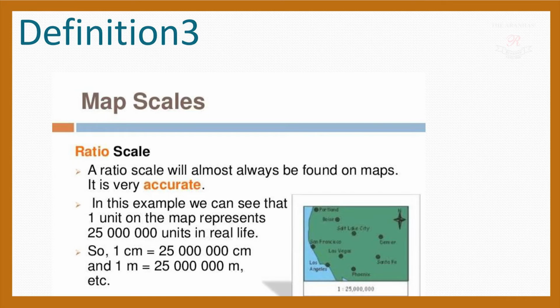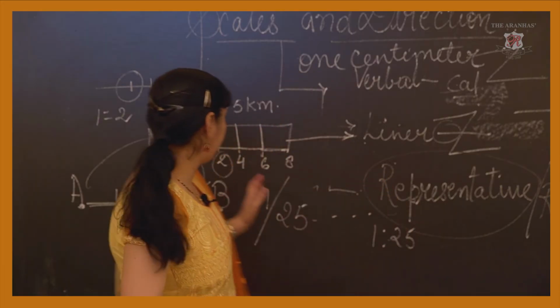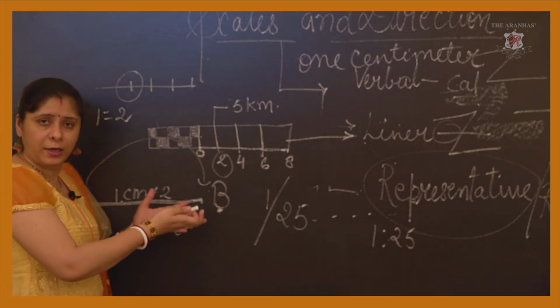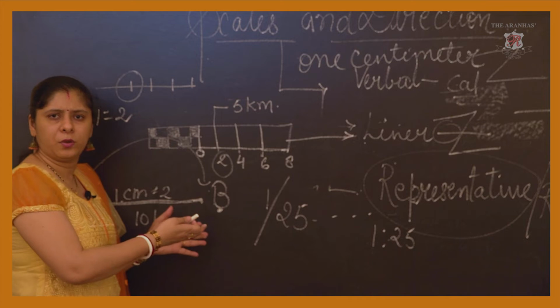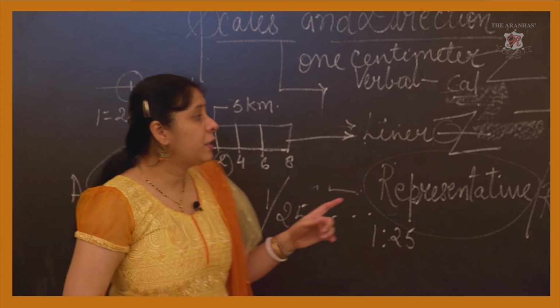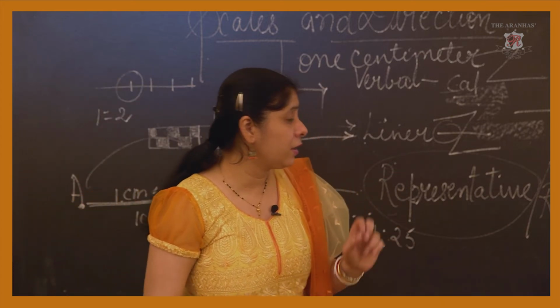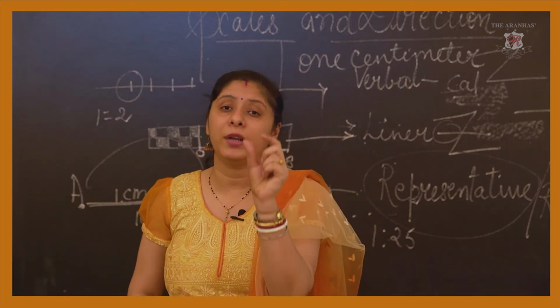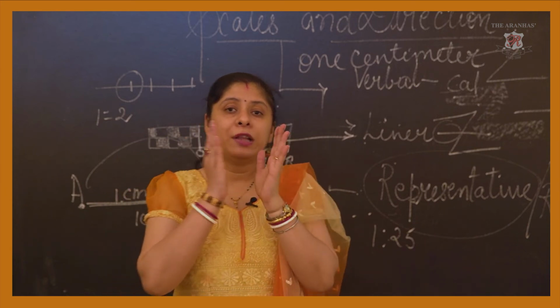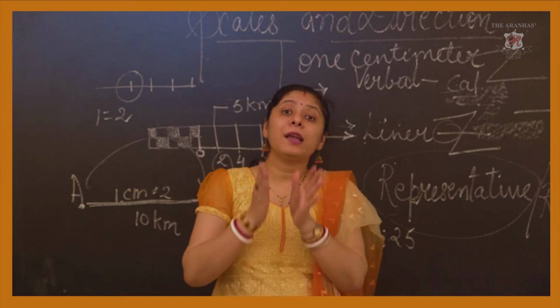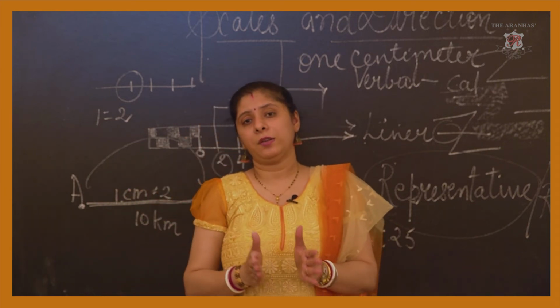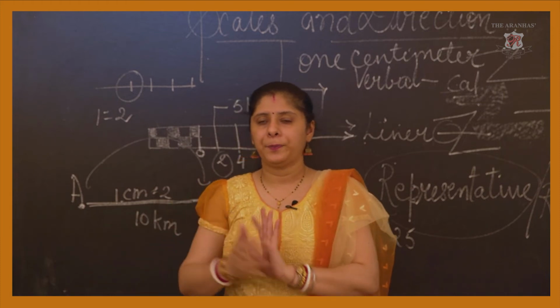Now, how is it very accurate? Are these two different? They are not telling you the exact direction. They are also telling you the exact direction. But here we use the term called unit basically, okay. So that particular unit is exactly the same distance on the piece of land.